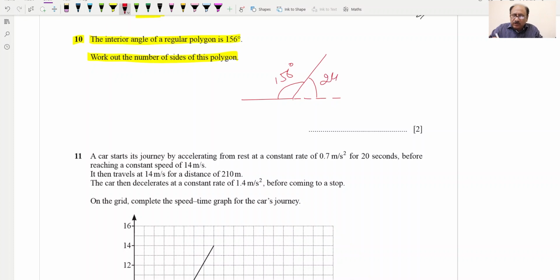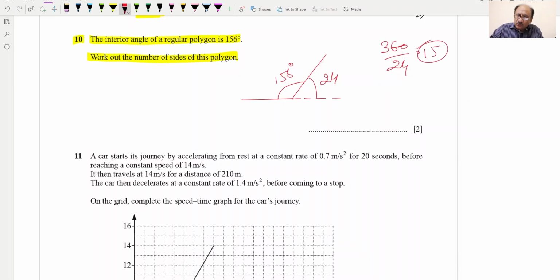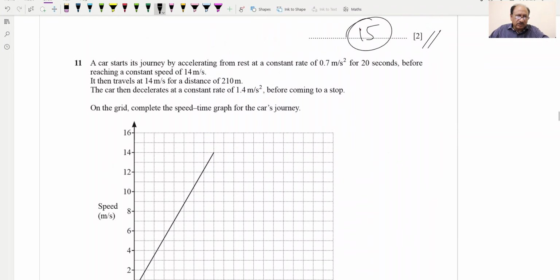So this will be 24, and we know that the sum of exterior angles is 360 for a polygon. So it will be 360 divided by 24, and the answer is equal to 15. So 15 sides. This will be our final answer for this 2 mark question, which we have done. Now we can move to the next question, and question number 11 says a car